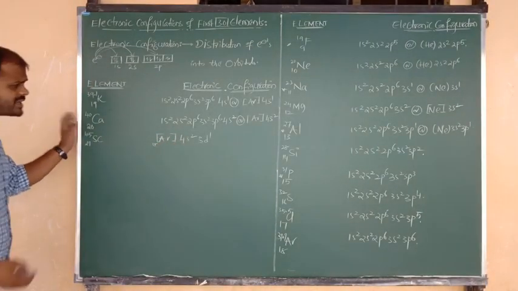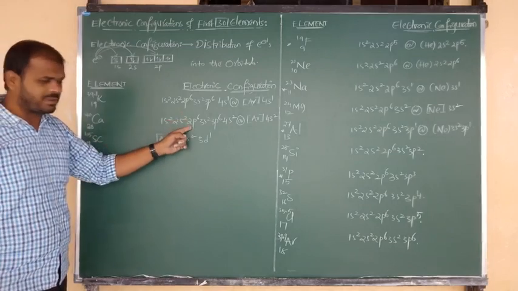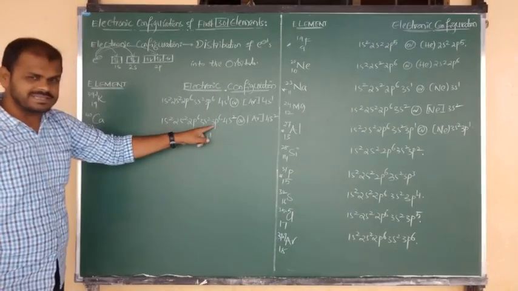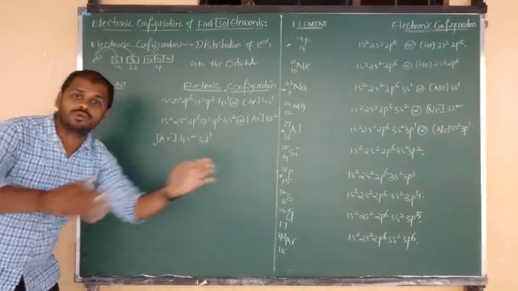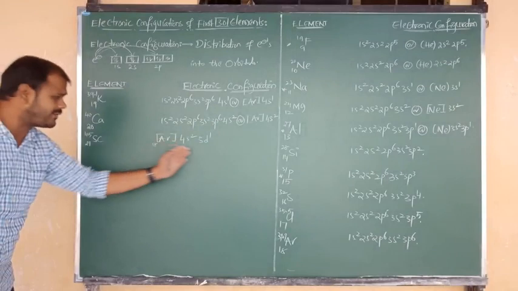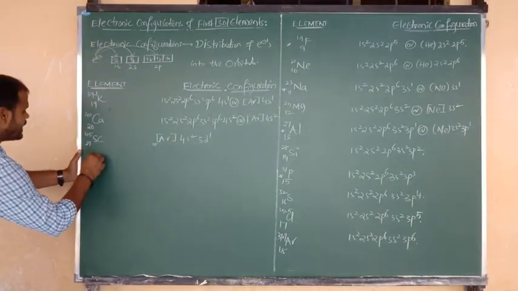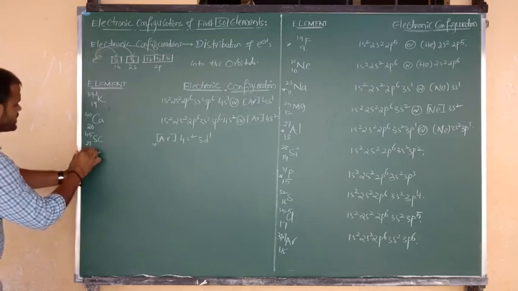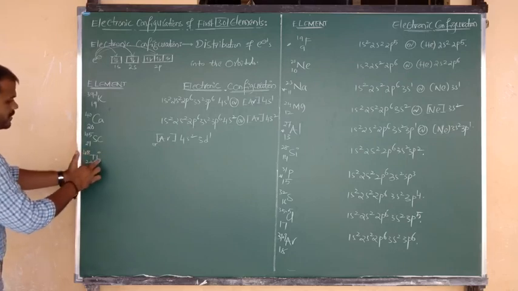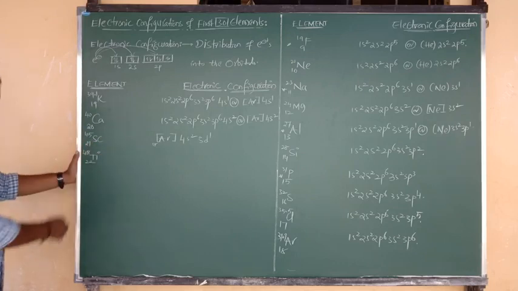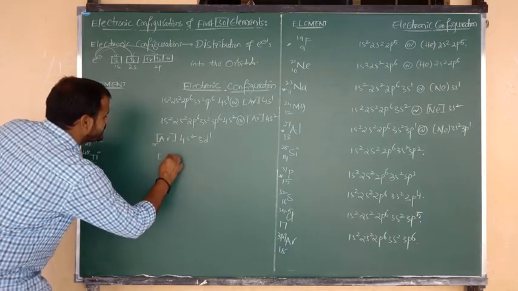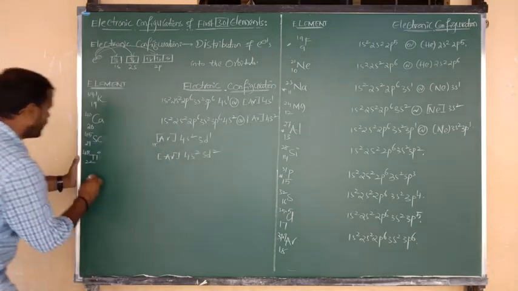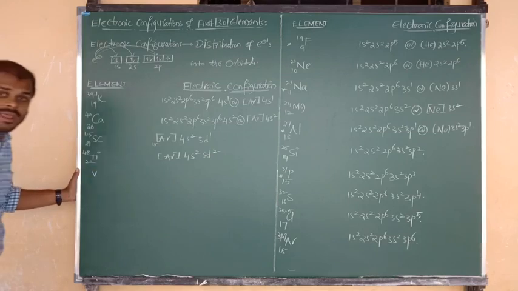Okay, beta. Otherwise, we can write 1s2, 2s2, 2p6, 3s2, 3p6. Up to now clear. After 3p6, 4s2, 3d1. Like that also you can write. But up to that, you don't need to go to the short form, remember, beta. Next, after scandium, try to remember titanium. Atomic number is 22. Mass number is 48. Scandium 21, titanium 22. So the electronic configuration is, we have to say, argon 4s2 3d2. Scandium, titanium. Next one is vanadium.